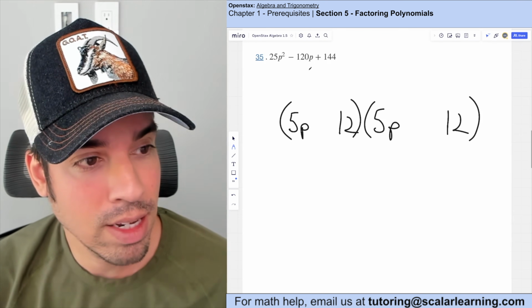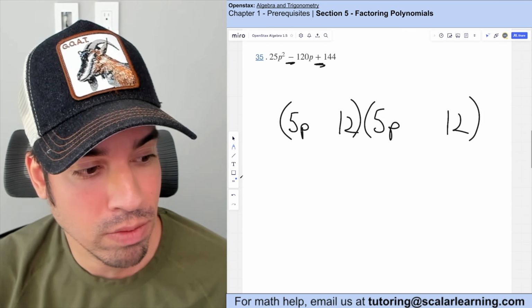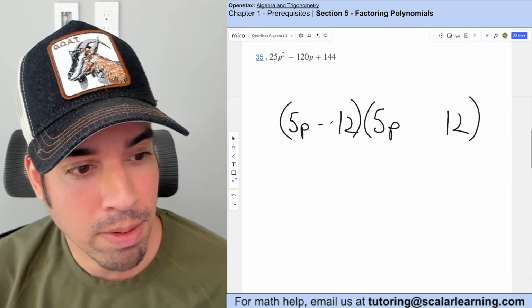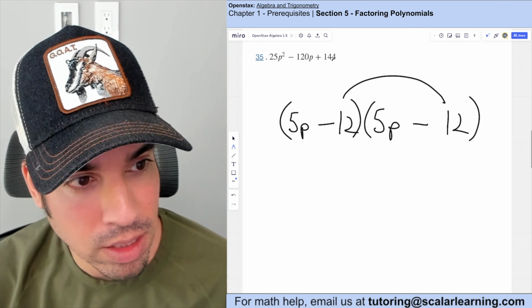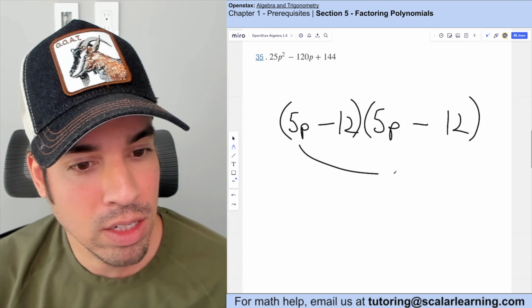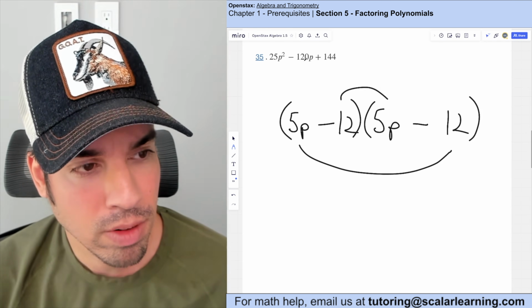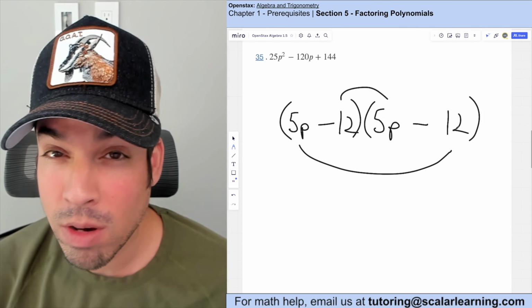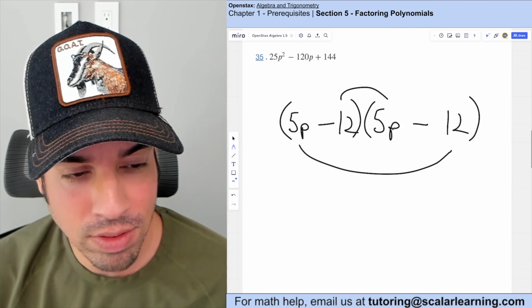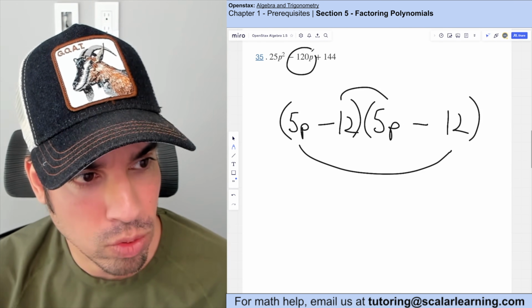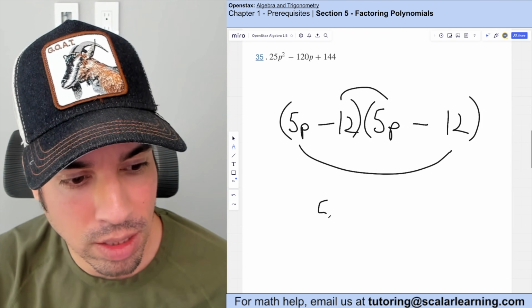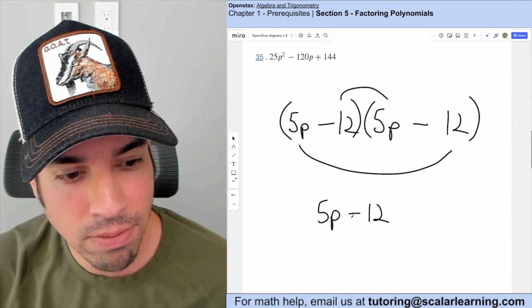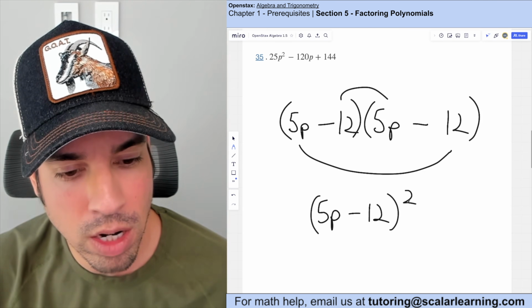Now here I see a minus, and here this is positive, which means that we're going to have minuses for both, because negative 12 times negative 12 is positive 144, and then these terms here will be negative. And check it out, 5p times negative 12 is negative 60p. This is negative 60p as well. They would add to negative 120p. Last but not least, it's a binomial repeated, so I can condense it to be (5p - 12) squared, boom,